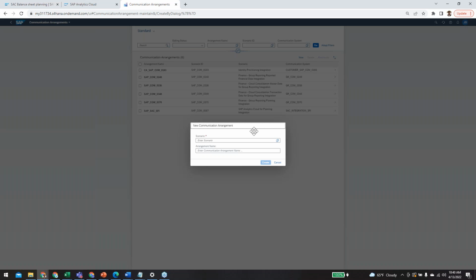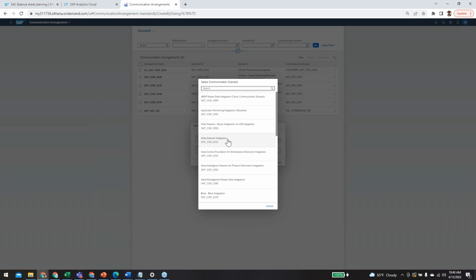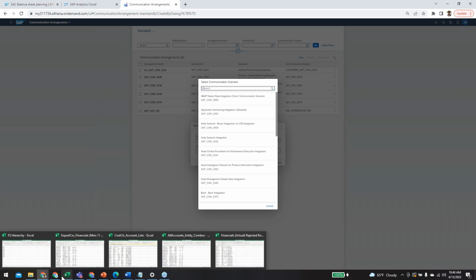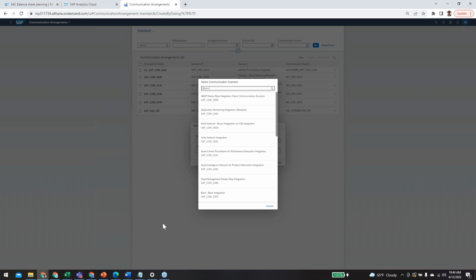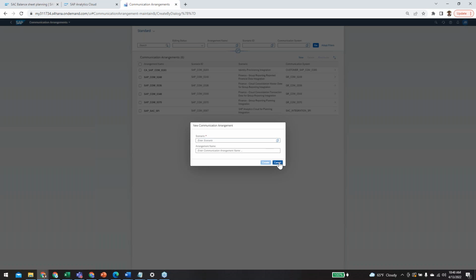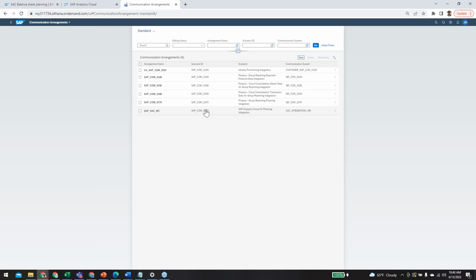If I were to add a new arrangement, I can see here, once you kind of know, you can either scroll, but this documentation will tell you kind of what arrangements you need to be looking for. So it's going to tell you basically what roles to add, what arrangements you need to add, and then how to kind of set up the systems to connect to that. So if we were to look into these arrangements,